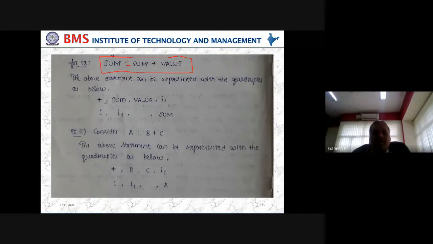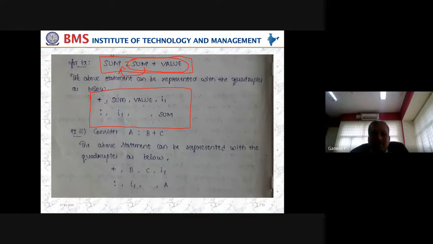Like this, we keep using plenty of instructions in our day-to-day programming. Each of them will be identified in an intermediate form, as we have just seen from Aho's concept, as a quadruple, and internally it is easy to represent. If you look at this, this is the quadruple we have for the given instruction. How is this written? Let us see. Before this entire expression is executed, first the right hand side data is computed. After that, whatever result we get will be assigned to the left hand side symbol. So we have a two-stage process here: first compute the right hand side and then assign that value to the left hand side.